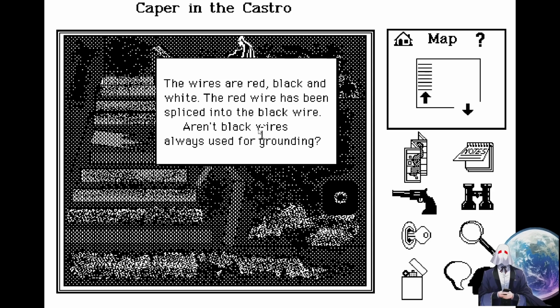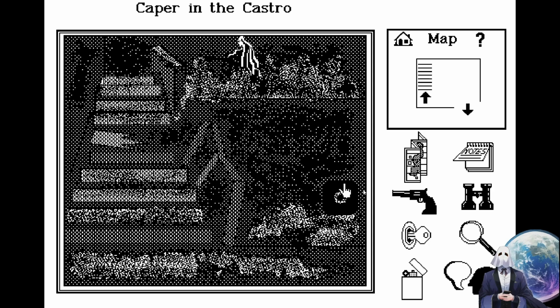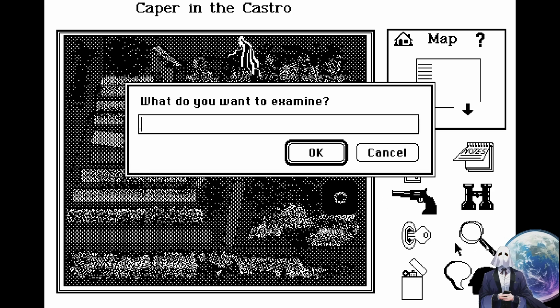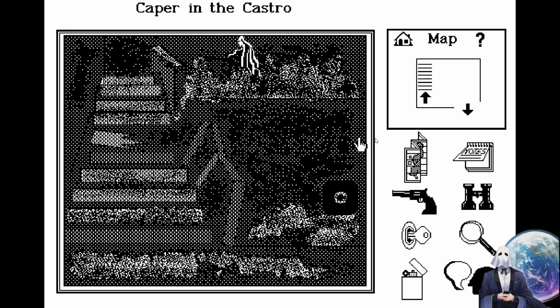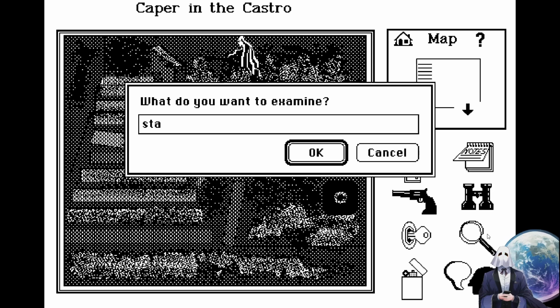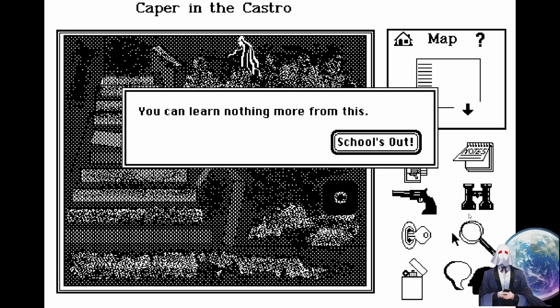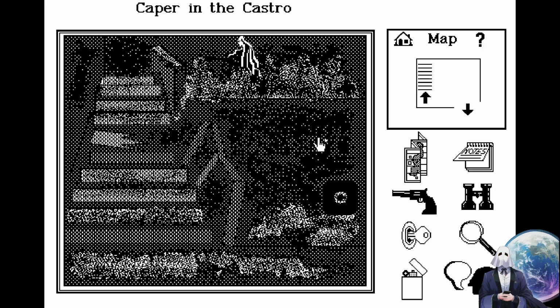The red wire has been spliced into the black wire. Aren't black wires always used for grounding? Safe. Good. Not safe. I can learn nothing more from this. Okay. Stairs. And learn nothing more from this. Alright, alright, alright. Well, I know if I use the stairs, I'm gonna die. So... Oh.